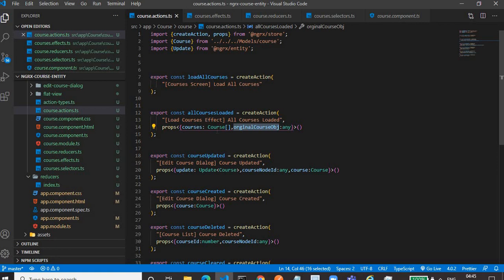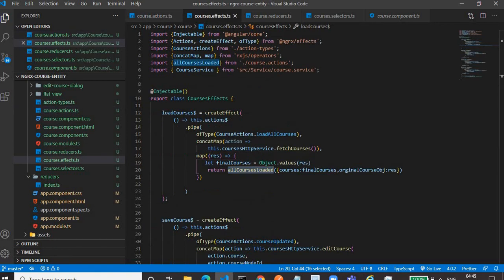So this action has two parameters. In the courses effect, in the map operator, we are dispatching that action with two parameters: one is courses, another is the original course object.